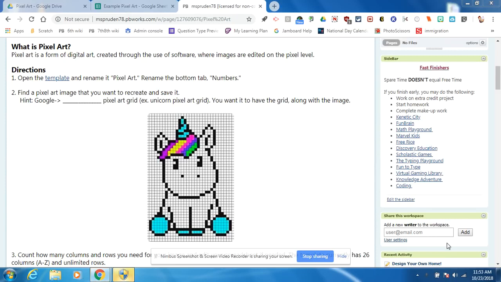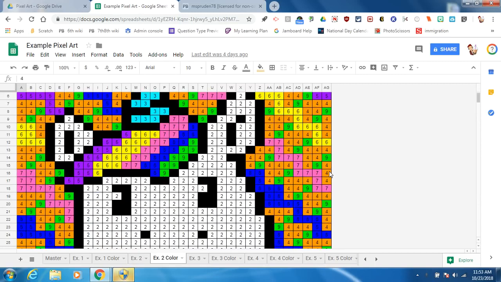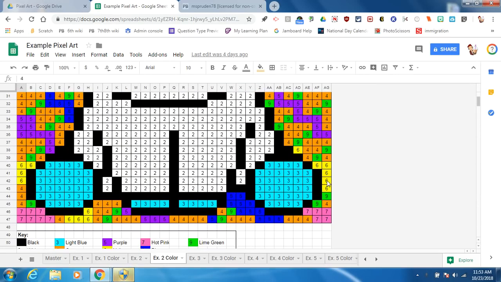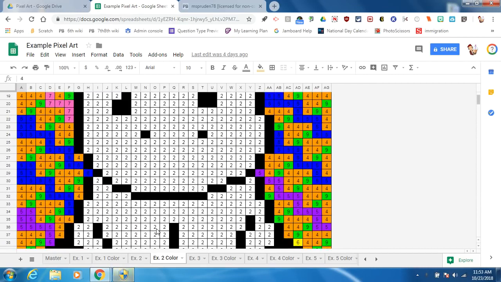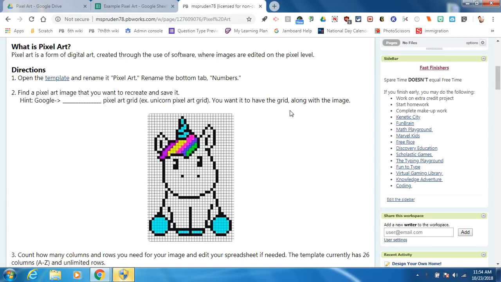In this project, we'll be creating our own pixel art coloring page. There will be several videos that will walk you through the process of creating your own page. So when we are finished, we will have one page that is filled with numbers that aren't going to make any sense to us right now. And then if we were coloring these numbers, we would get a final product that has each number colored in according to a key. So the first thing that we're going to do is open up